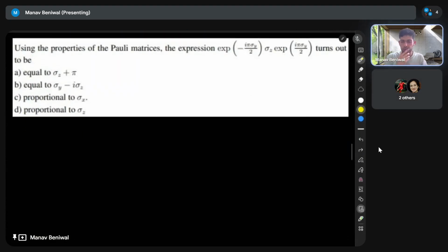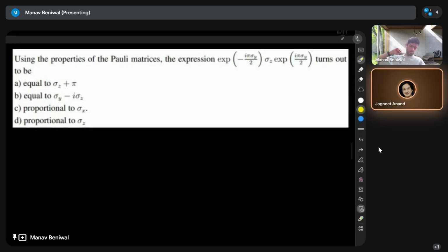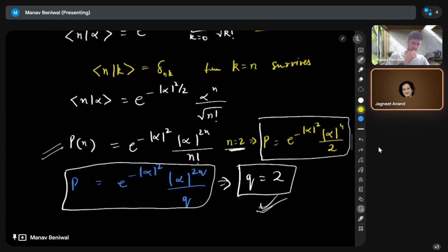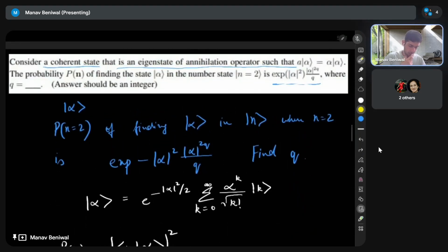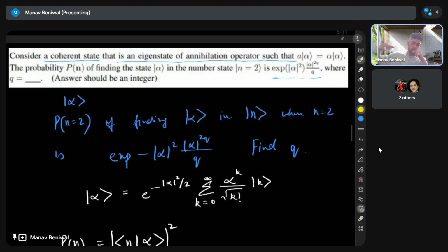So let's move on to the next one then. What is the importance of coherent state in that problem? There is no importance as such. The problem is more about,